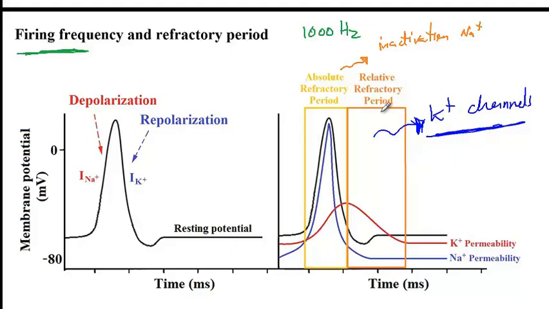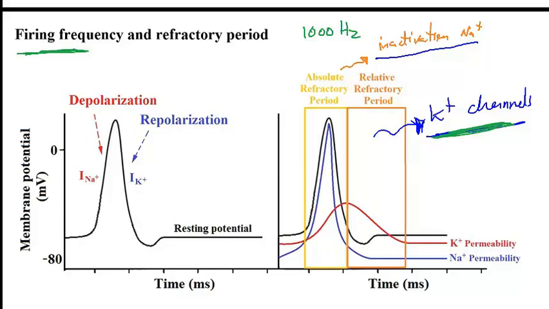So again, we have two types of refractory periods. The first one is called absolute refractory period, when we can absolutely have no new action potential due to inactivation of the sodium channel. Once the cell starts to regain its negative potential, that's the time that the sodium channels will be activated. But then at the same time, since the potassium channels are open, it will take a stronger than normal stimulus in order to initiate another action potential. And this is referred to as relative refractory period, meaning that it's possible to initiate an action potential, but a stronger than normal stimulus is needed.